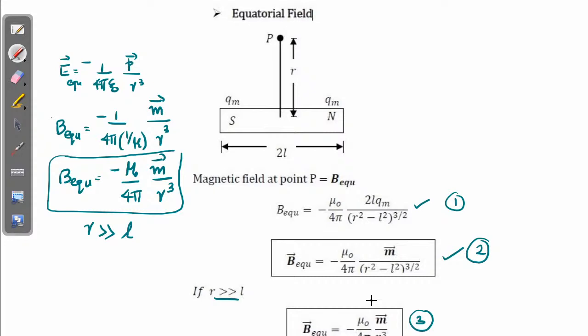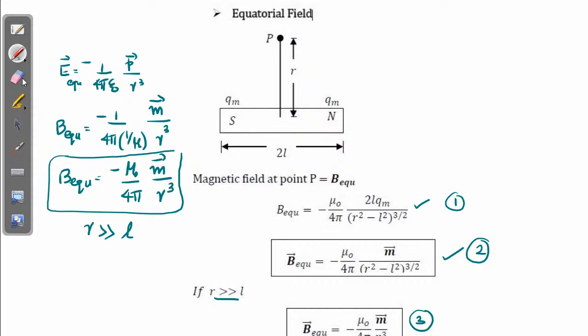Now, I am not deriving this expression simply because it's not explained in your NCERT syllabus, but we don't know whether they are going to ask this expression or not. So you have to try and derive those two expressions. If you have any difficulty, you can tell me and I will try to help you with that. Try solving this by yourself, but don't forget to study these results. These results are very important.